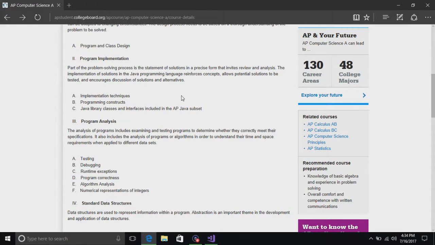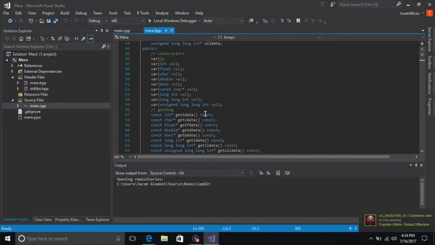Implementation techniques. I showed you the class, right? So implementation is like how you would set this all up.